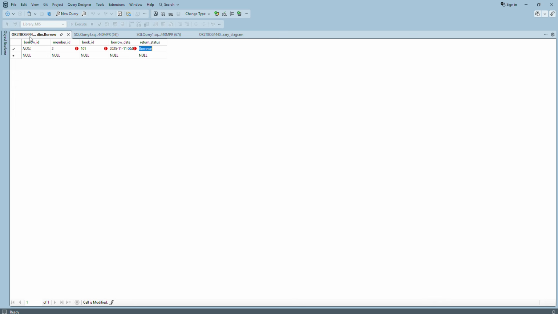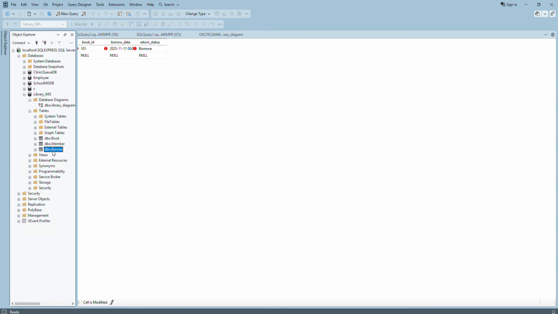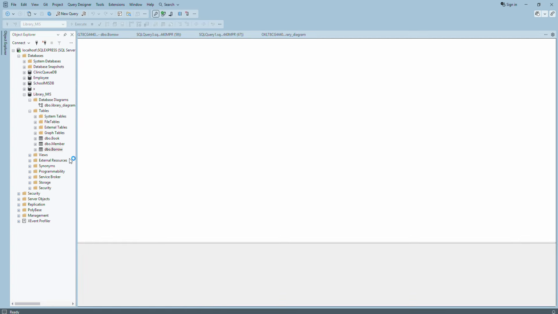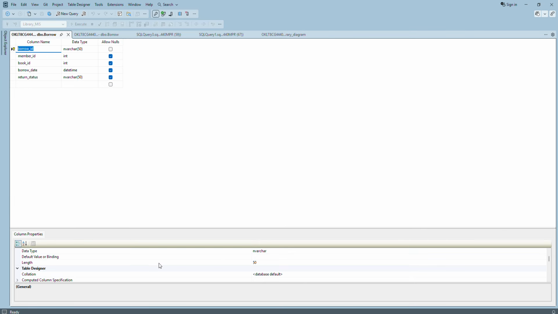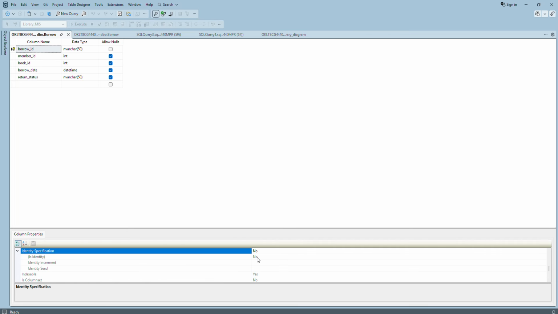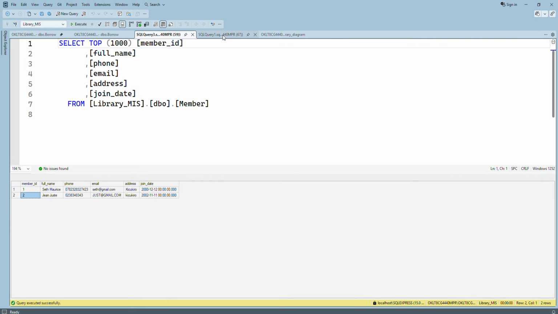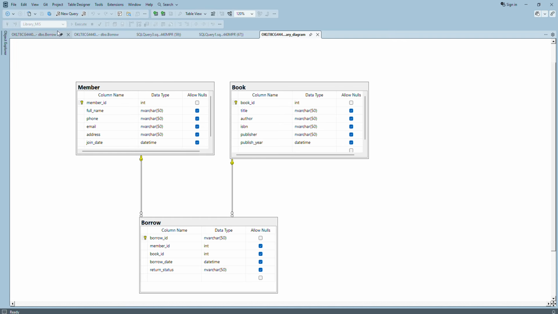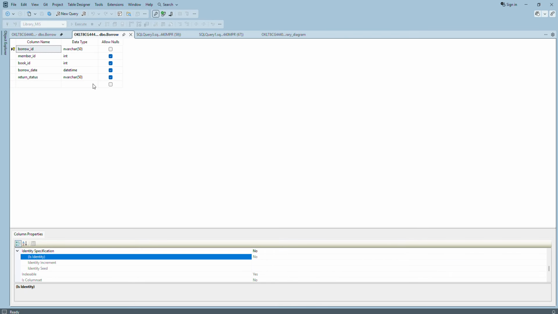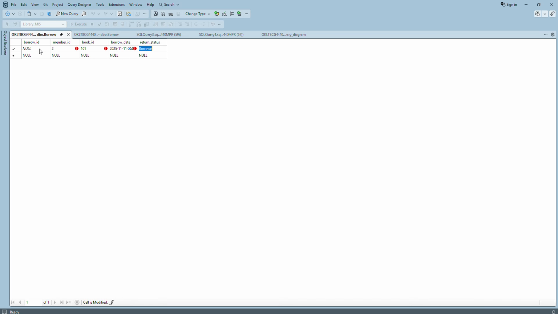Okay, you know the reason why we didn't set the borrow ID as auto incremented. So let's try to this design, then check is identity specification. Let's say yes. Okay, before even setting it, when it's no, that means we have to set ourselves this borrow ID. This is 100. When I click save,